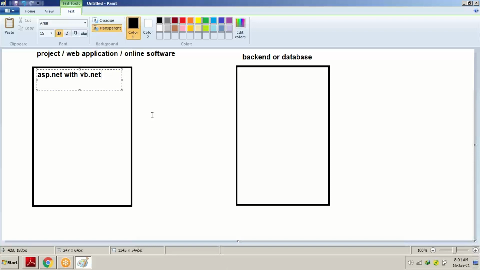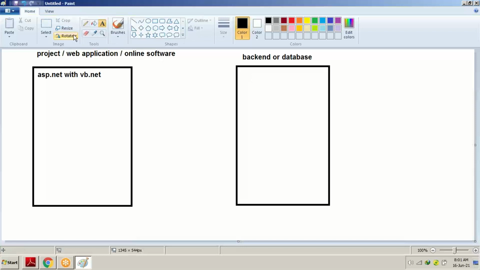For client side code, the similar HTML and JavaScript have been used. And as backend, it doesn't ask us on which version of the database you have designed. Whatever database version we have used, 2005, 2012, 2014, 2016, we have to generate the script. And that script will be uploaded to the web server database. There is no place in the script which denotes from which version of the database it has been generated.